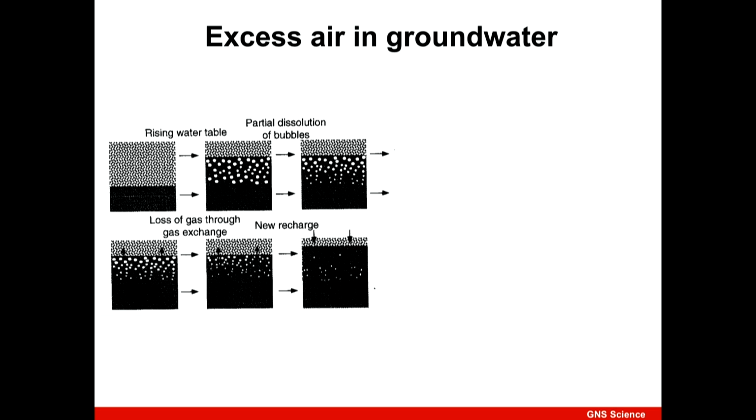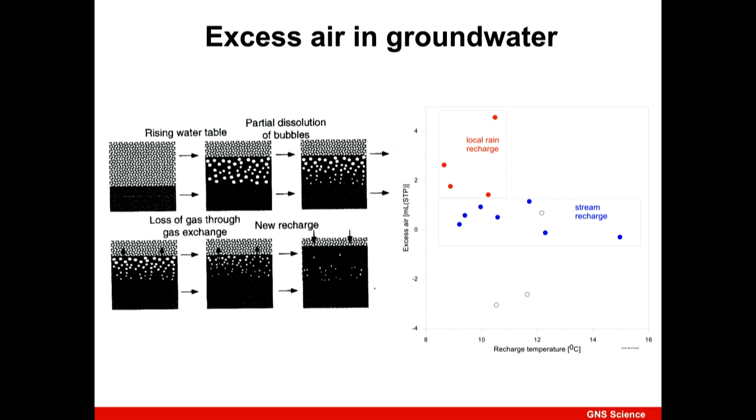So we basically dissolve excess air into the water, and that enables us to distinguish if the water has been recharged from local rain, which is going through a groundwater level, or it has been recharged from a losing river. So, and this is a bit faint here, but it clearly shows, so water with high excess air is being